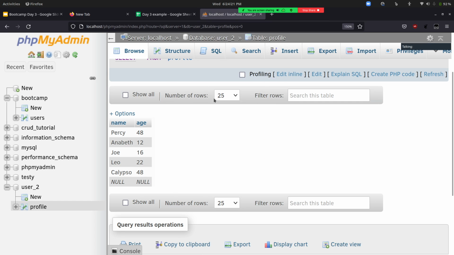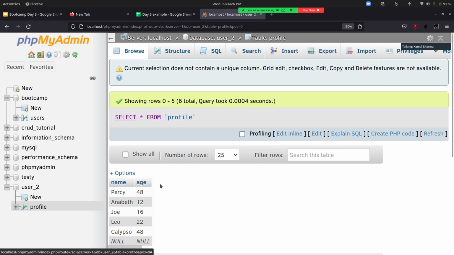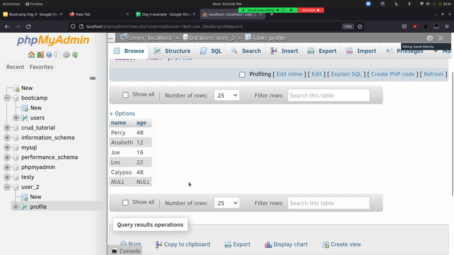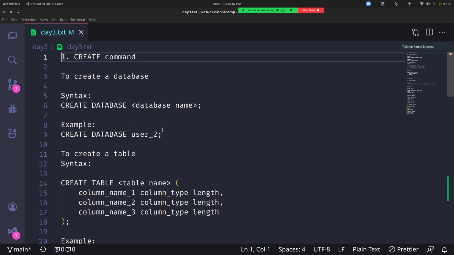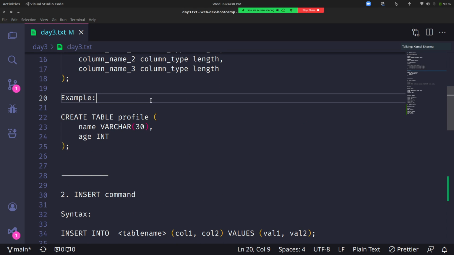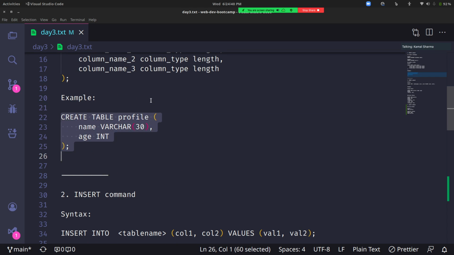Anyways, fine. We do not want empty values in the database, so we have to avoid it. So let's see how to restrict null values using commands. Let's go back to the create table command. I'll copy it and scroll down.